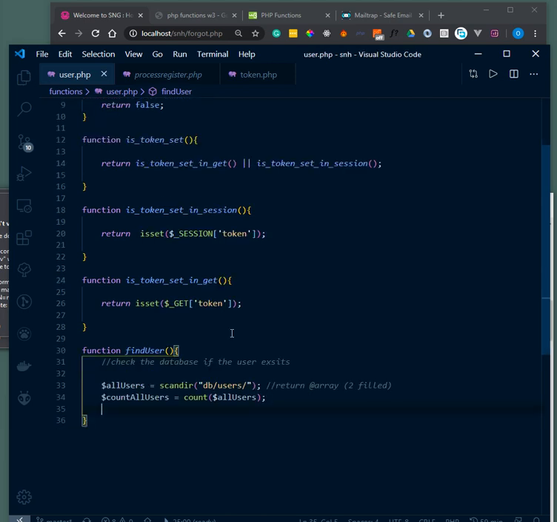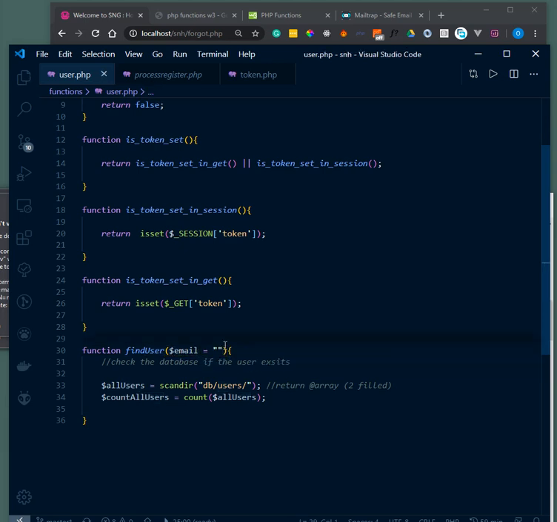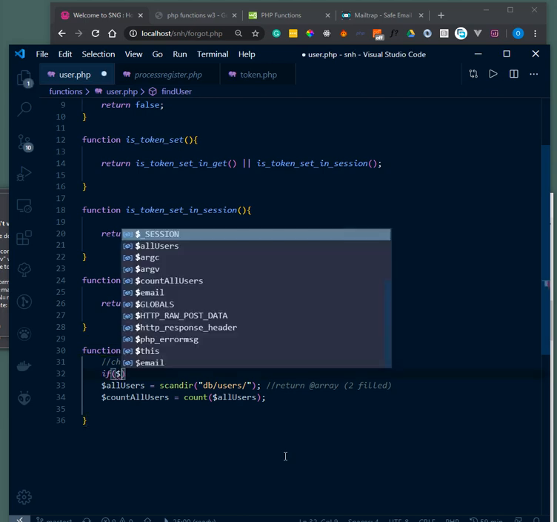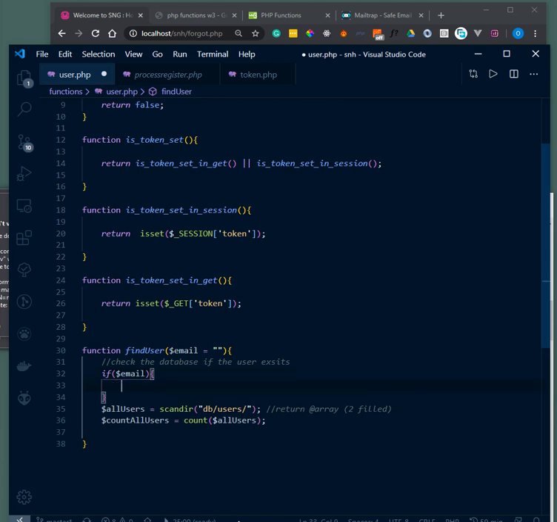Okay, so we're trying to find a user, and the default, of course, is going to be email, because we usually use email to search. This is going to be email. And first, we need to check if that is set. If it is set, then we can actually perform the functions. If it is not set, let's return,